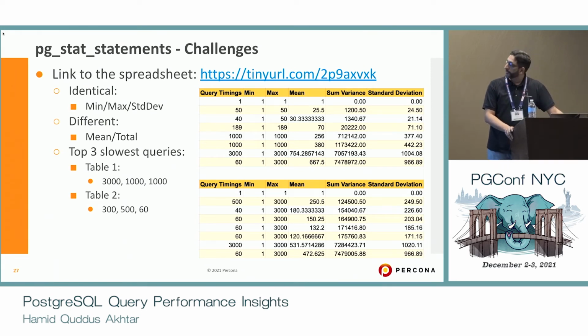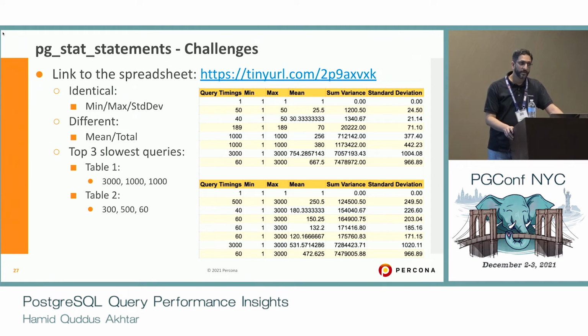So just to emphasize that point a little further, here are two tables, and if you look at the last row for each table, you'll see that the standard deviation is identical for both. The min-max values are identical. The only some variance, which obviously will not be exposed by PGStat statements, but mean is different. But mean does not give you an indication of how the performance was over a period of time for that query. And if you look at the numbers in the first column, you'll see that the first table has